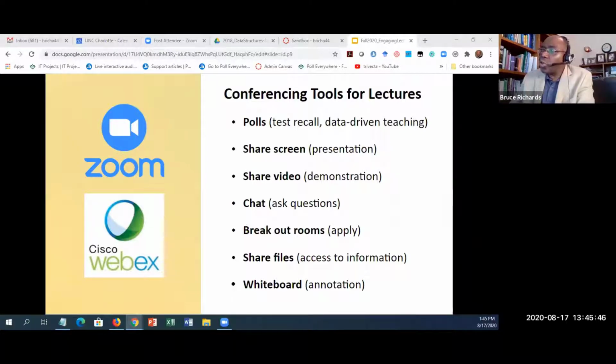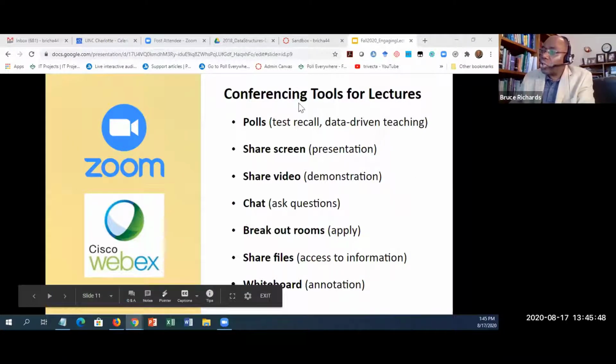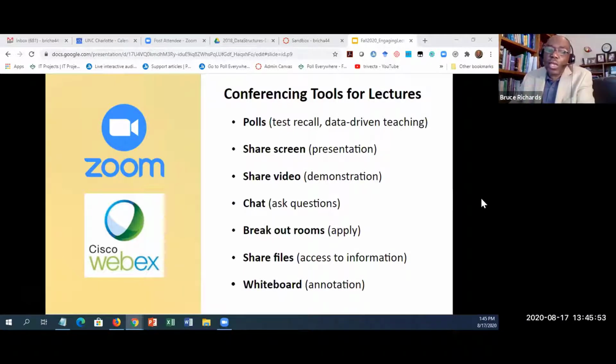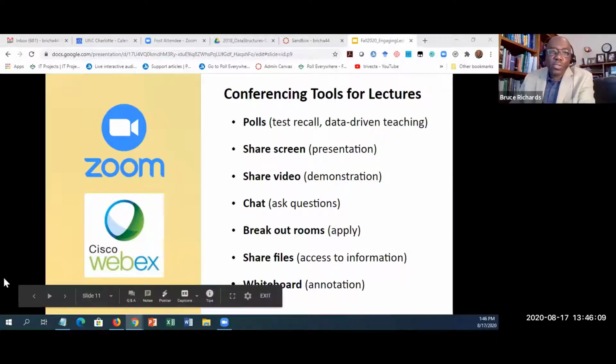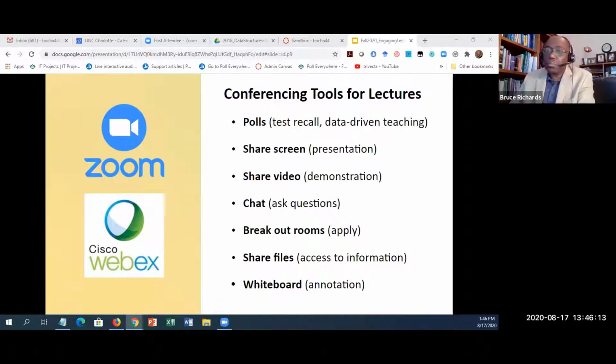You'll notice that these tools have some features that you can utilize, and we would encourage you to utilize them in a way that you can actively engage your students as you present your content and get them to be actively engaged with you. We're not going to, however, talk a lot about technology, but we just wanted to show you this.